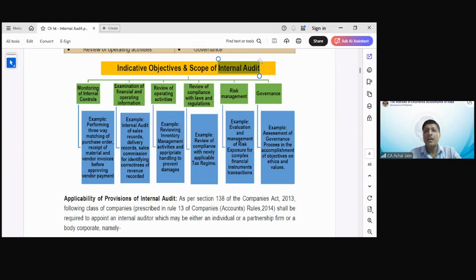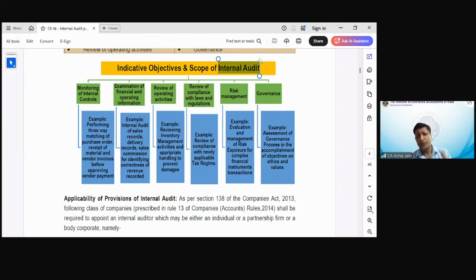You can say it's slightly more detailed as compared to what you do in case of statutory audit as far as the scope is concerned. But of course, its coverage is significant because internal audit is not limited to financial matters. It applies to the entity as a whole. Again, it depends on what the entity plans to do. Now, why are we saying that depends on what the entity plans to do? Because when it comes to the internal audit,